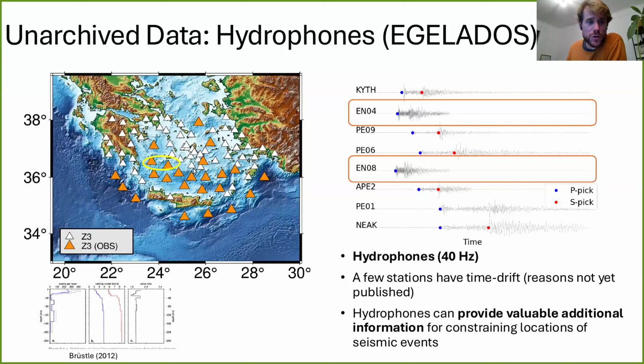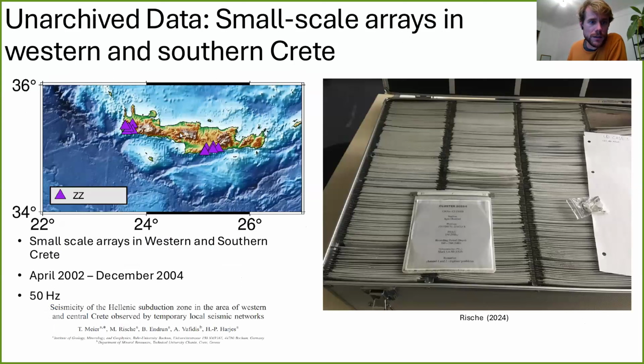Another experiment that was also conducted in this time period in the 2000s was this small-scale array here in southern Crete, basically. And just to build the bridge back to my little introduction slide, we had this magnitude 8.3 earthquake that occurred southwest of Crete somewhere. The location is, for obvious reasons, not very clear. However, this network was placed exactly close by where we assume the earthquake rupture in 365 to have happened. So this can be used